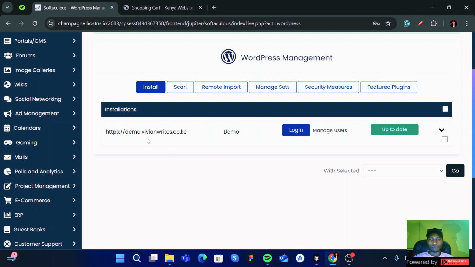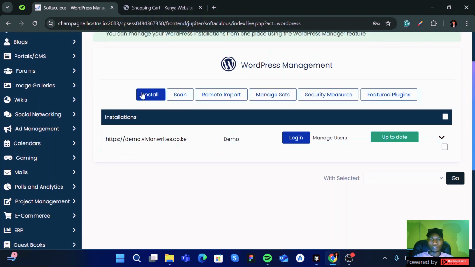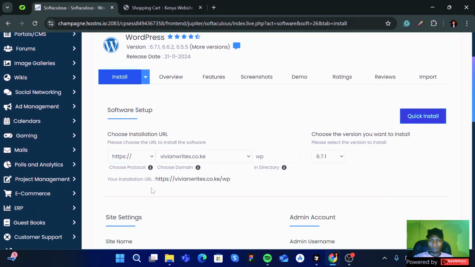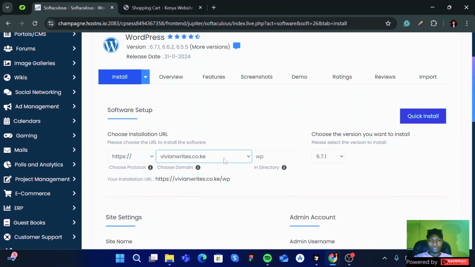It is demo.vivianrice.co.ke, but today we're not going to use that. Let me just guide you on that. So when you get to this place, what you do is you just click on install, and then you scroll down. Here you'll see there is a main domain, but I'm not going to install a new WordPress to this domain because there's already a website running and it has contents that I don't want to lose. All right. So what you do, let me just select the subdomain that I want to install the new installation,